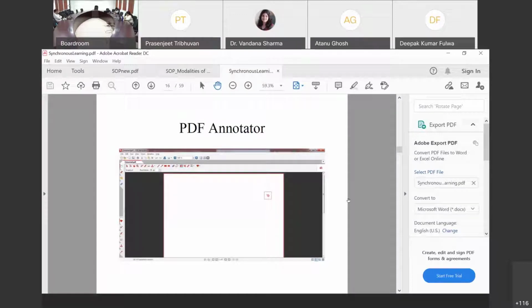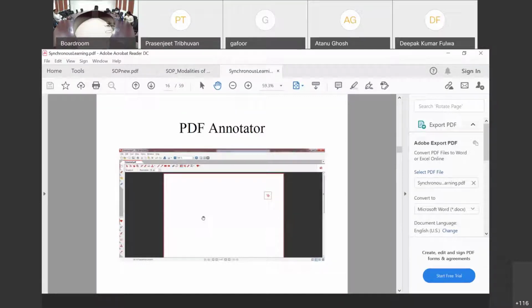Okay, so PDF Annotator, I just mentioned in the previous talk, is what I use for the writing portion during the synchronous sessions. In the last workshop, which happened on 8 December, I also explained this tool.